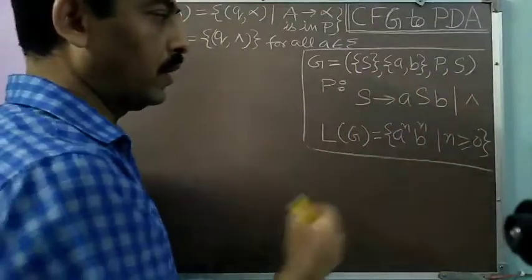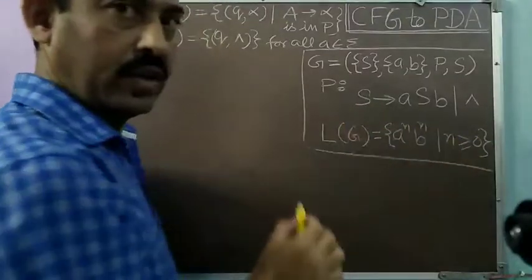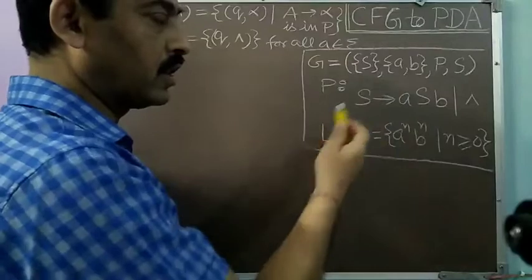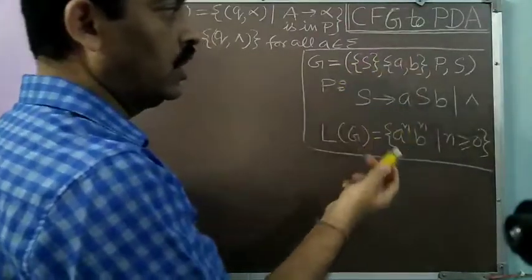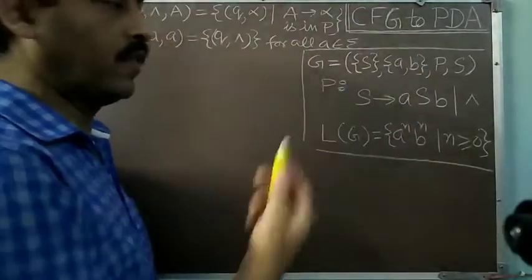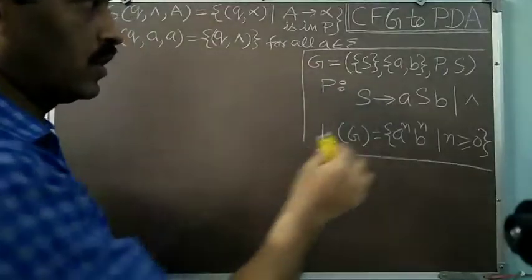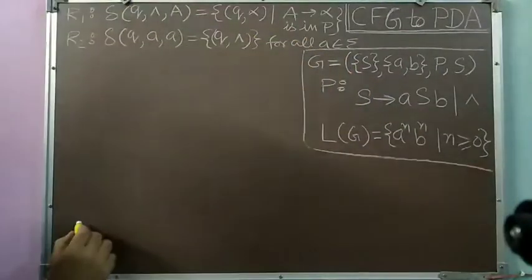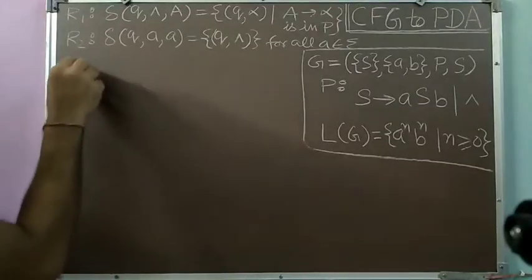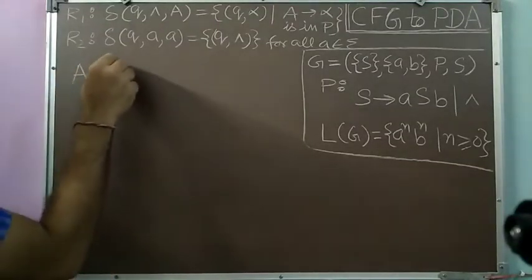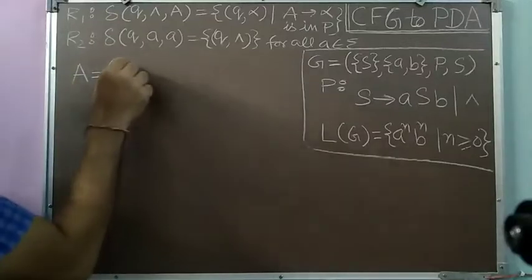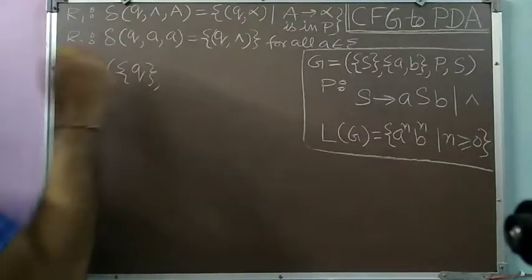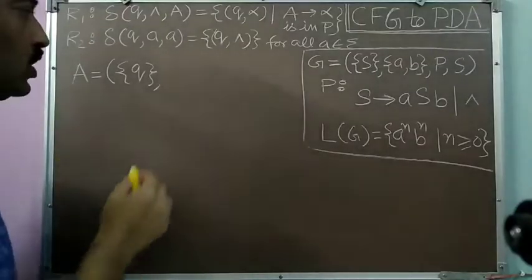This we have to convert to a PDA. We have also seen the PDA for it, and we have designed it. Now we will see how we can convert this CFG to the corresponding PDA, and what PDA we will be getting. So as per our procedure, we will be writing a PDA A corresponding to this grammar G. I am first writing A is equal to, it will be a set of some things. There will be a set of states. There will be only one state, that is Q, as per our procedure.